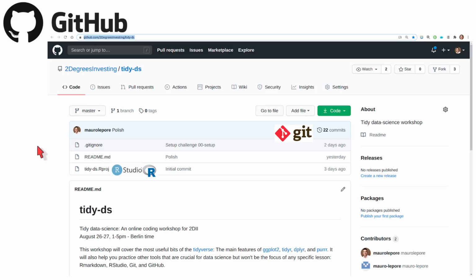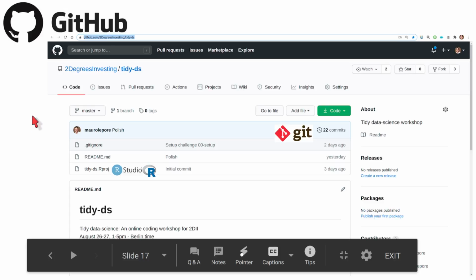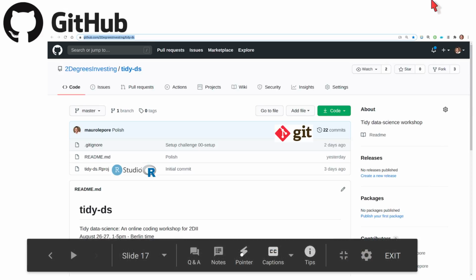Remember I told you that GitHub renders MD files as a website. So if you saw the guts of an MD file, it looks pretty ugly actually. But when you see the file by default on GitHub, it looks like what you see here. As you can see, tidyverse looks like a header, and you also see, oh, holy smokes!